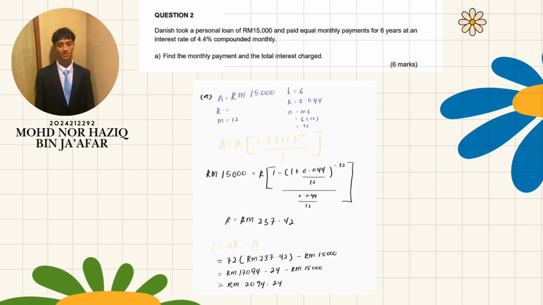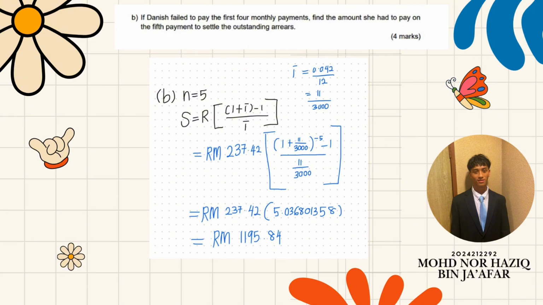2,094 ringgit 24 cents. Question B is, if Danish failed to pay the first 4 monthly payments, find the amount she had to pay on the 5th payment to settle the outstanding arrears. So the formula is S equals R in bracket 1 plus I power of n minus 1 over I. So 237 ringgit 42 cents in bracket 1 plus 11 over 3,000 power of 5 minus 1 over 11 over 3,000. So the answer is